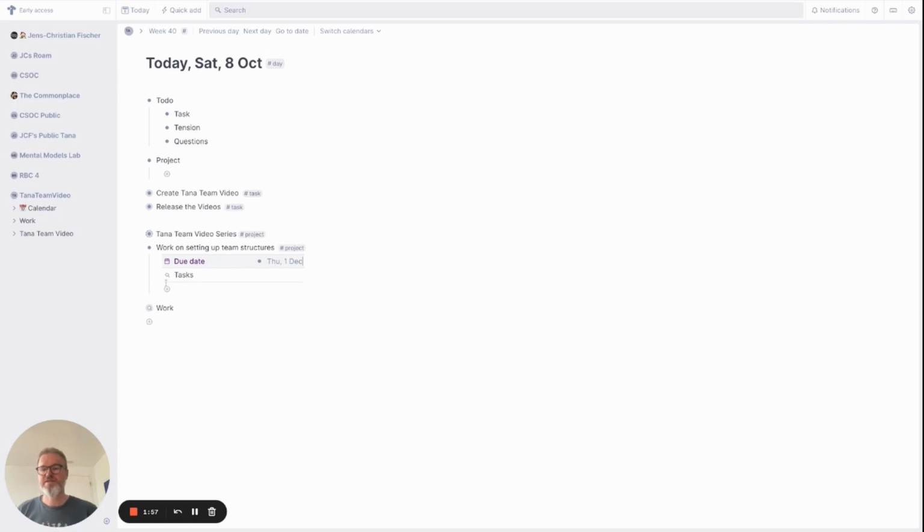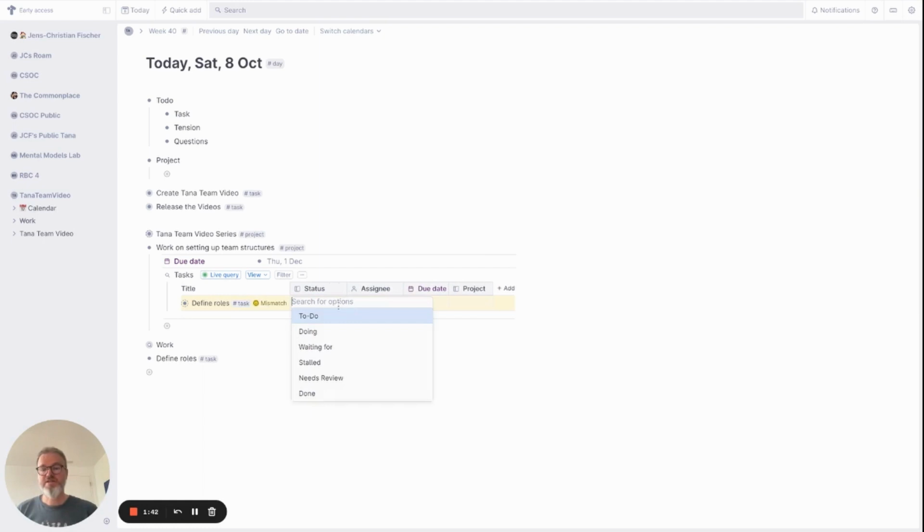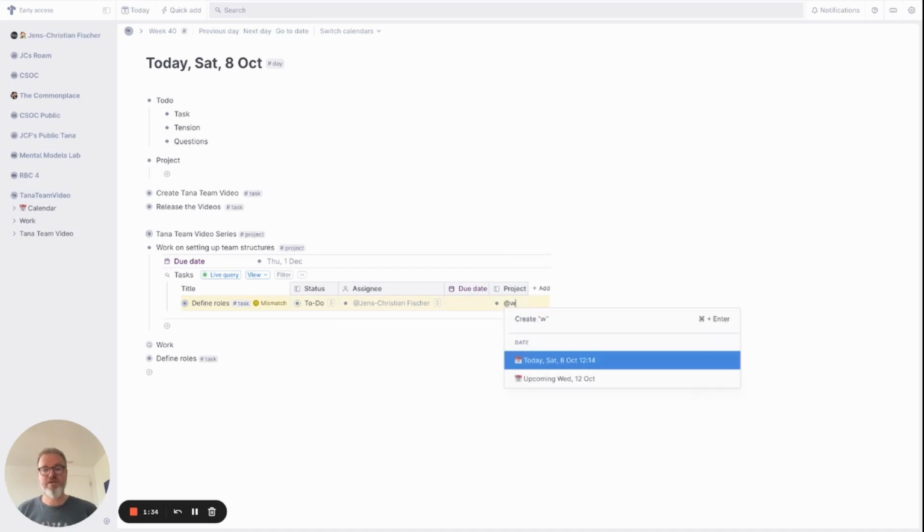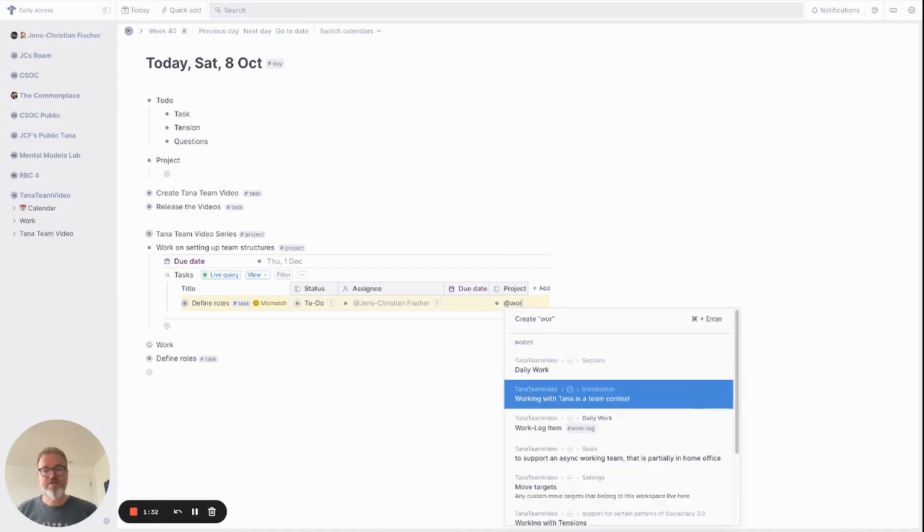Now let's enter a task here, define roles, and that is a task, and this task is to do, and the assignee would be me, and the project is the work on